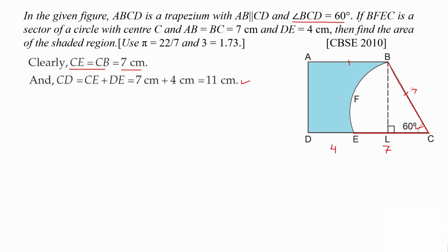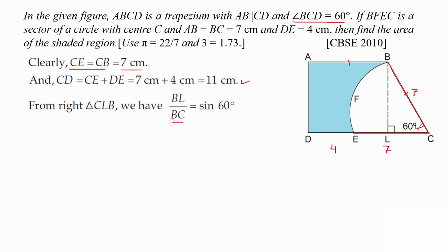See, this is 7, it is given, and with respect to 60 degree, this is which side? Opposite, adjacent, which side? Opposite side, and this is hypotenuse. So which trigonometric ratio you will use? Sine 60 degree. Okay, fine. Sine or cosec you can use. So sine 60 degree we are using. So sine 60 degree is equals to BL upon BC, and BL we have to find.